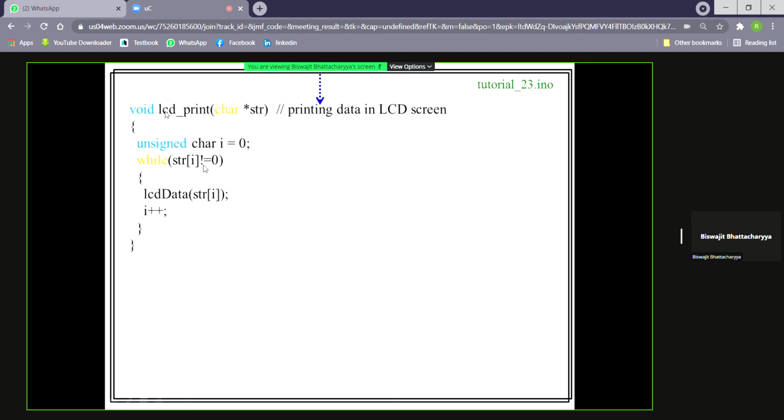And as long as it is not a null pointer, the data will be going to the LCD data function, so it will go to the LCD. Now LCD command and LCD data are different. In what way? In LCD command RS equal to 0 and in LCD data RS equal to 1.